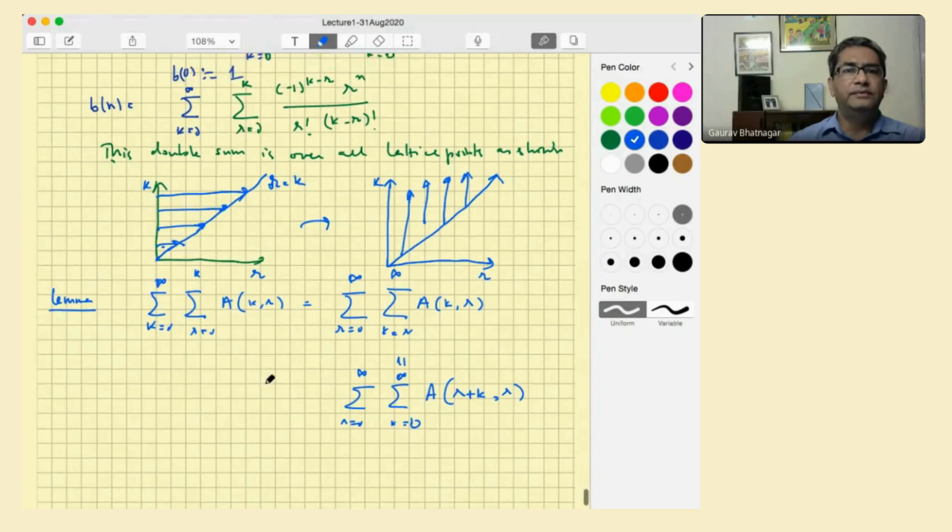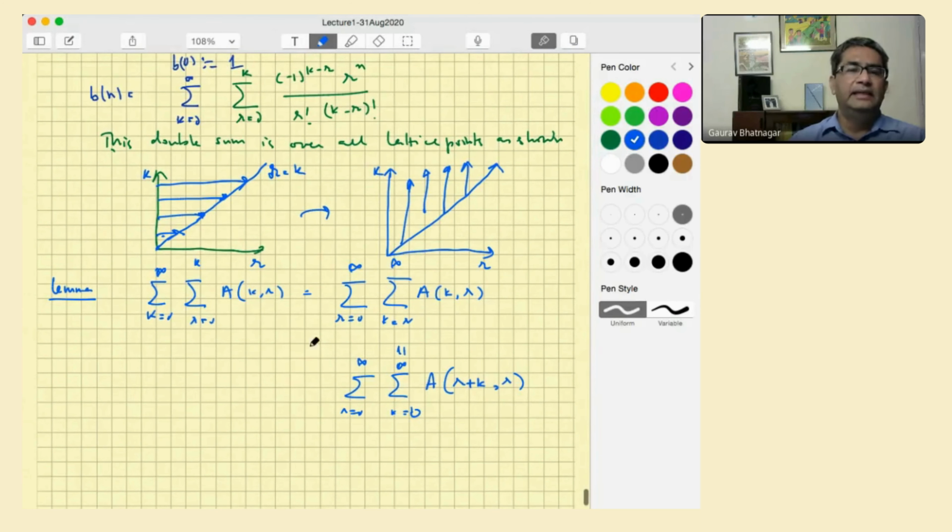So we do this. In fact, Wilf calls this the snake oil method somewhere. Snake oil is something like Chyawanprash. I mean, snake oil is supposed to cure everything. So he says whenever you're in doubt, you interchange the summation, like something like this. So if we do that, we get this sum,